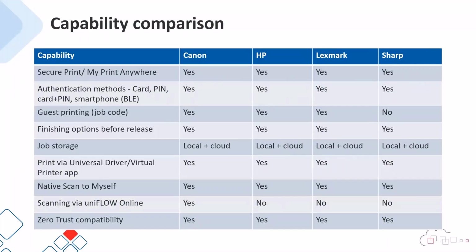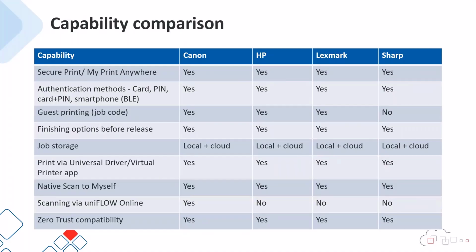Across all four vendors, secure printing, finishing before release, device-based scan to myself, and both local and cloud job storage behave in the same way. Desktop submission through the universal driver or the virtual printer app keeps behavior predictable across the fleet. Fantastic. Now, in terms of key differences,